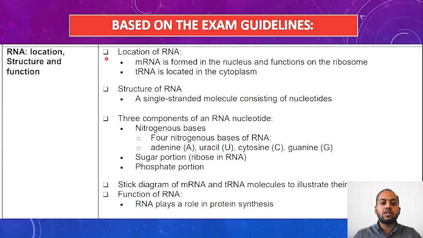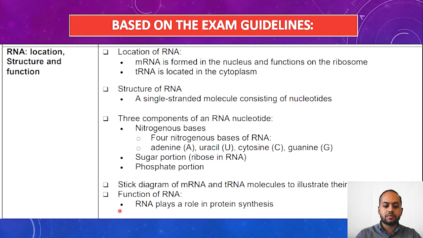We will look at the location of RNA, mRNA found in the nucleus and functions of the ribosome, tRNA located in the cytoplasm. We will look at the structure of RNA, it being a single-stranded molecule consisting of nucleotides. We will look at three components of an RNA nucleotide: the nitrogenous bases, a sugar portion, and the phosphate portion. We will also look at the stick diagram of RNA and tRNA molecules to illustrate their structure. And then lastly, we will look at the function of RNA, which is that RNA plays an essential role in